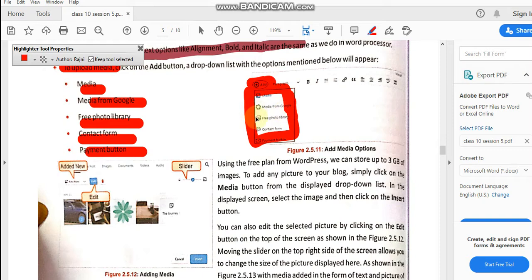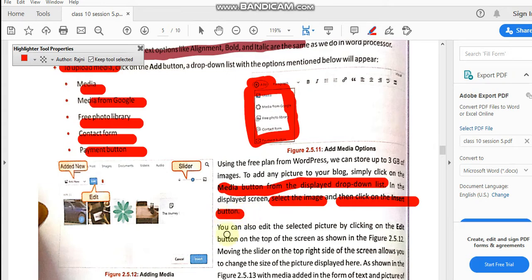Suppose you have chosen the media button from the displayed drop down list. Then you will get a box where all your images are shown. Select the image and then click on the insert button. Then you can also edit the selected picture by clicking the edit button on the top of the screen, as shown here.